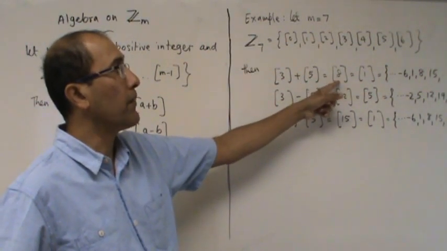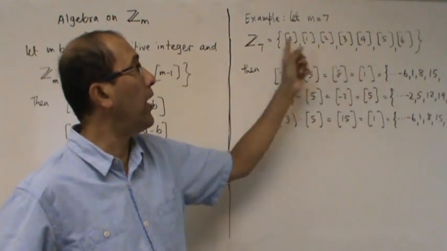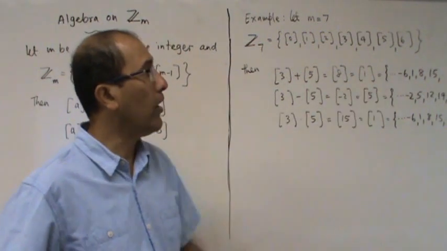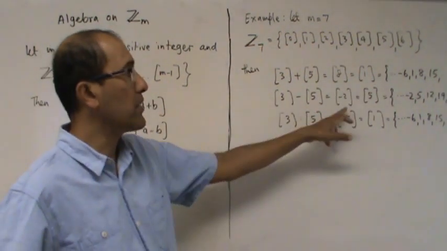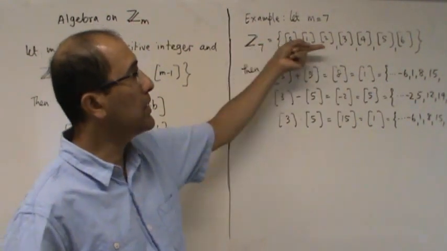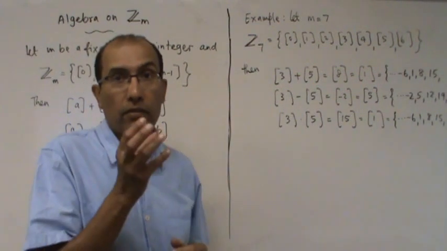The congruence class of 8 is also the congruence class of 1, because 8 is connected to 1 through modulo 7. So that's your answer. I can subtract. If I subtract, I get -2, and then I need to see, because these are called the principal classes, and the congruence class of -2